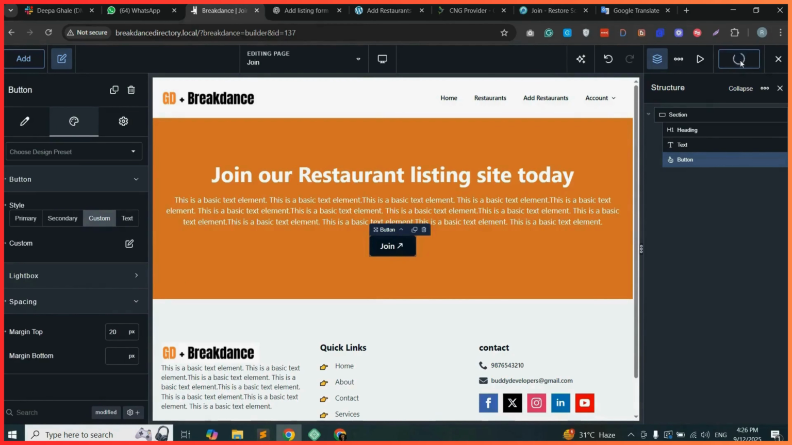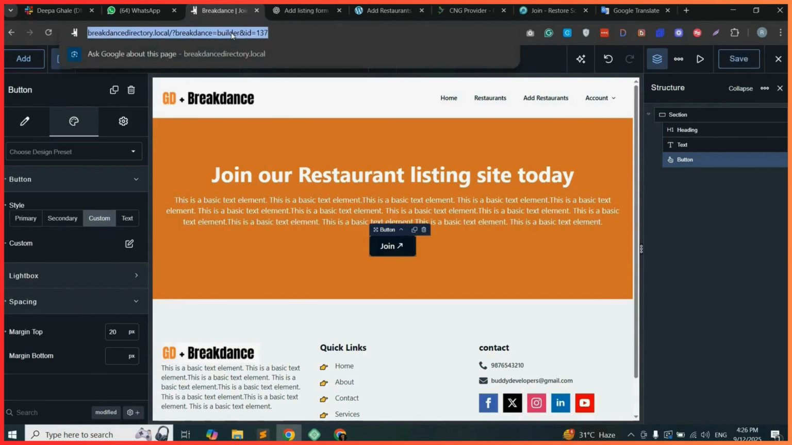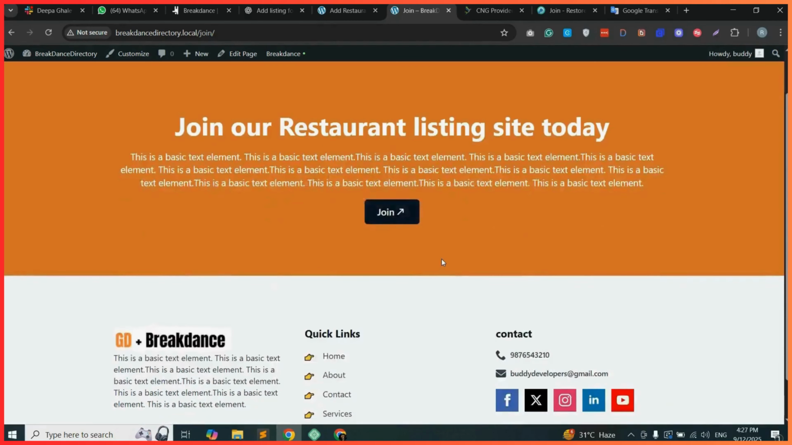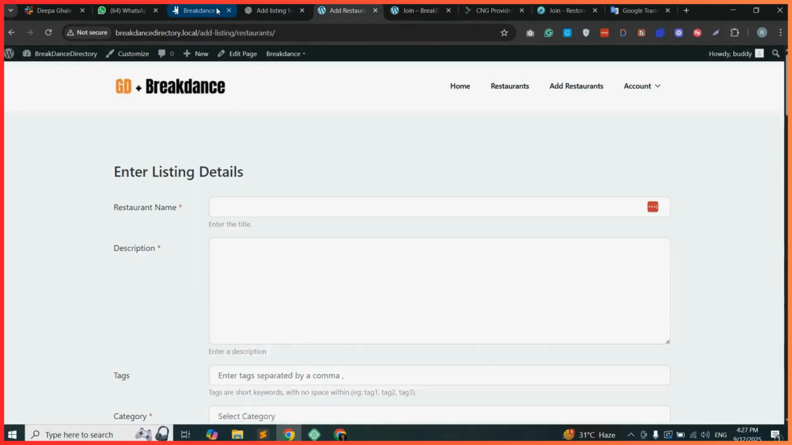Now saving it. Then coming on to the front end. So we have copied this here, and now heading, description, join button, all are done. Now below this we will be adding our packages. So for this, coming on to the